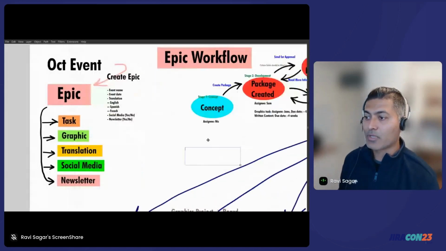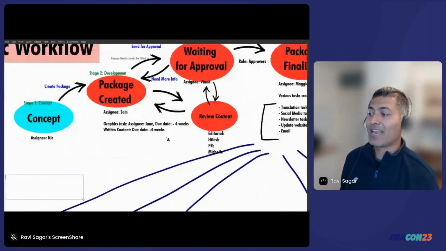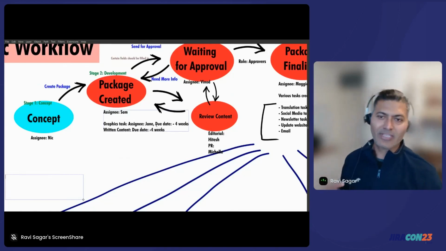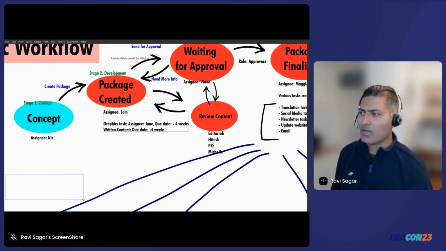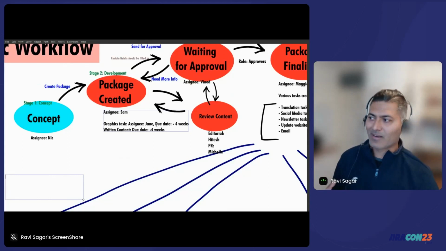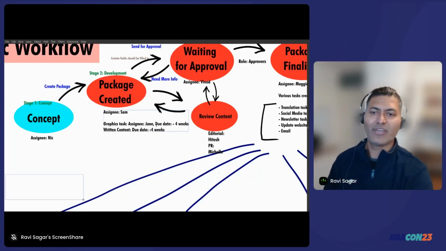And whenever we proceed further in the workflow, we are actually creating, not always, but wherever required, some tasks automatically. And we are also doing a bit of calculations. For example, if the event is on 15th of November or 31st of October, then the due date of some of these activities, like graphics, thumbnail, or content editorial, should be 2 weeks or 3 weeks prior to the event